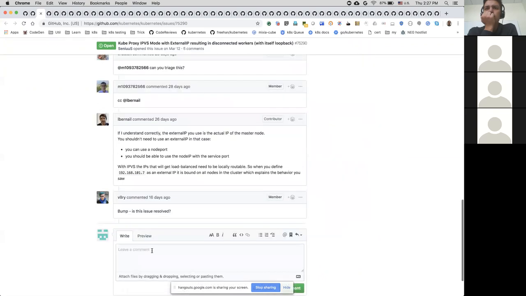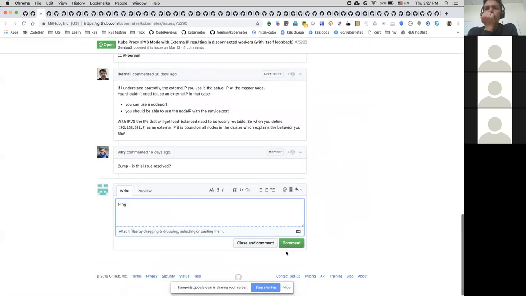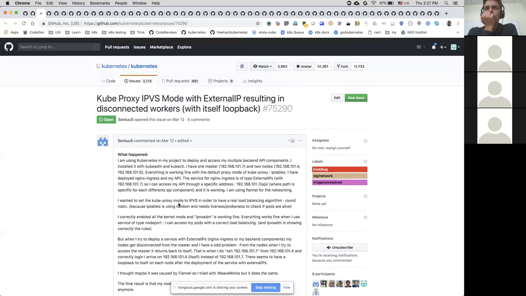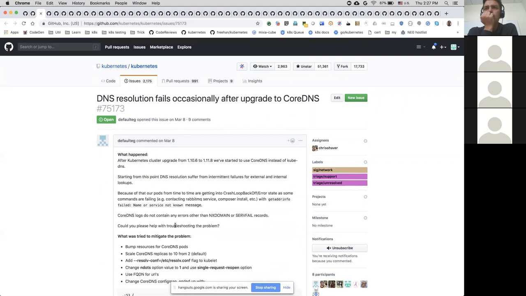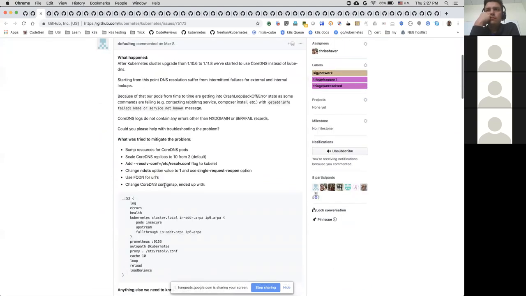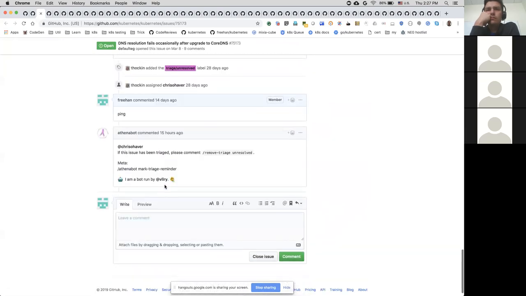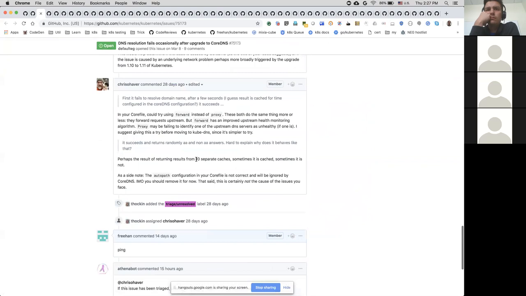Yeah, let's just ping it and see if anyone from IPVS can pick this up. All right, next one. DNS resolution fails occasionally after upgrade to CoreDNS. It's already assigned to Chris here, and I think nobody replied.